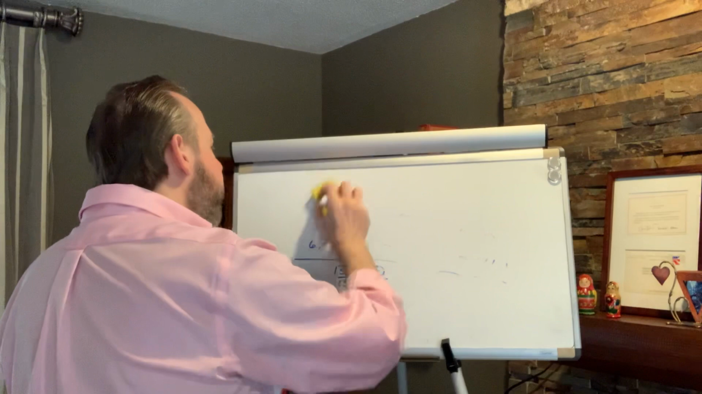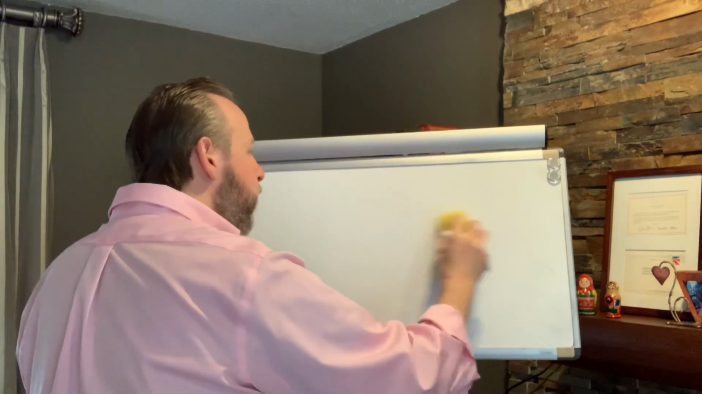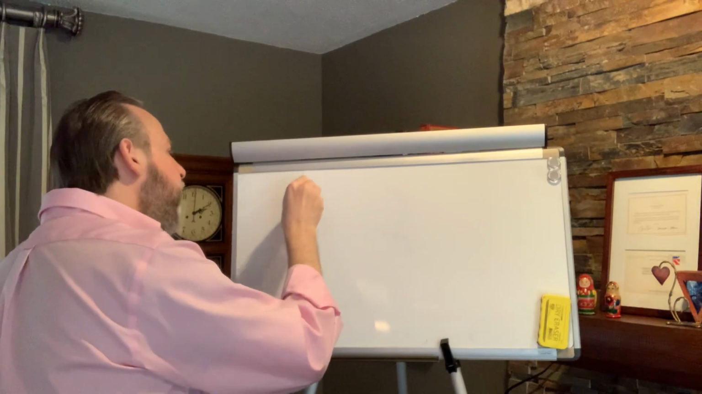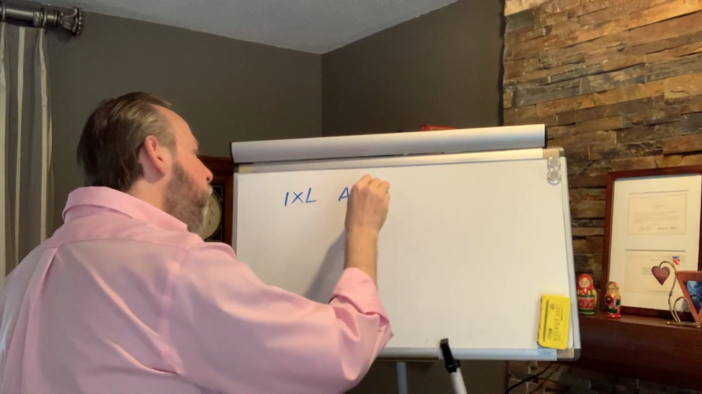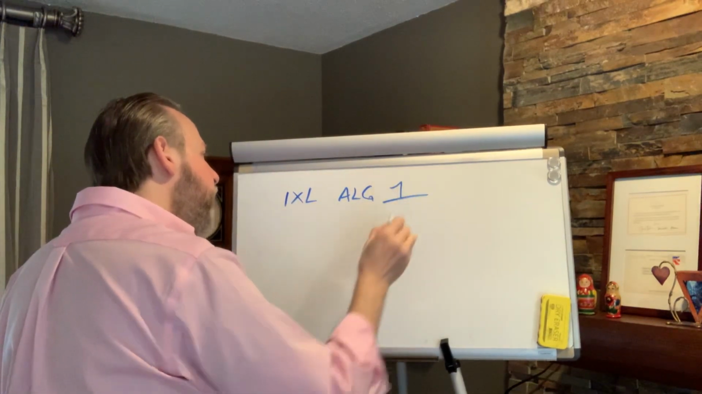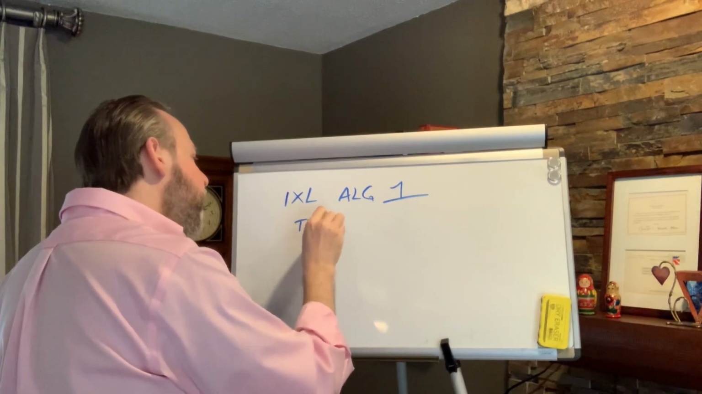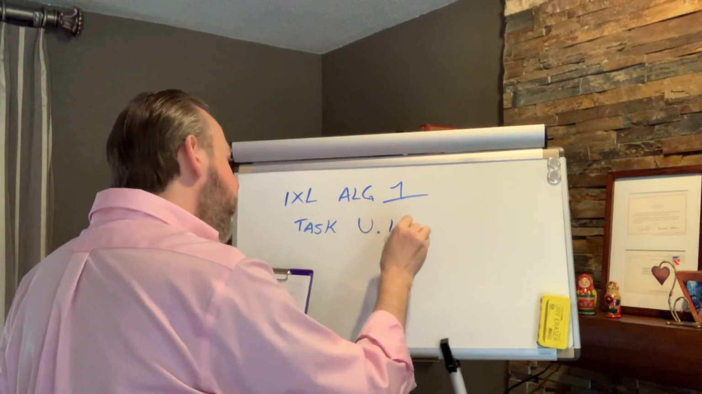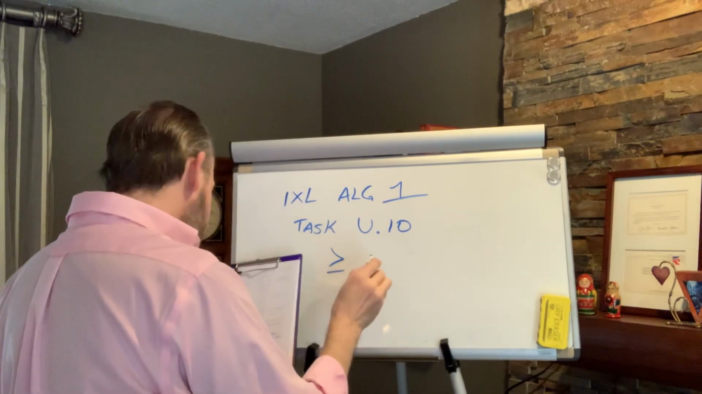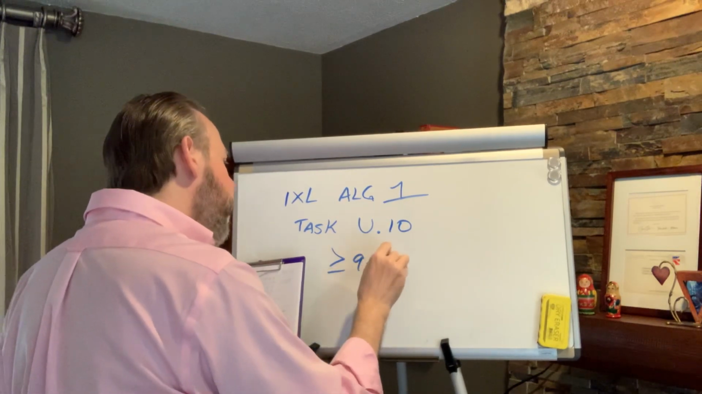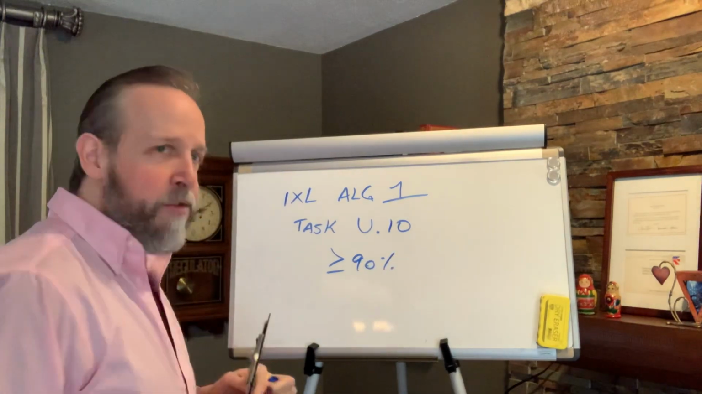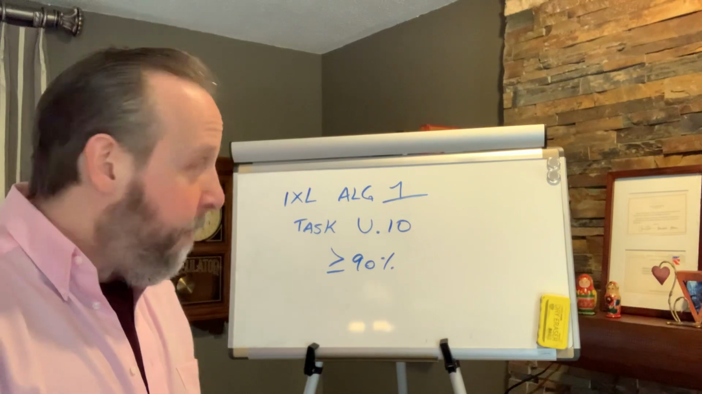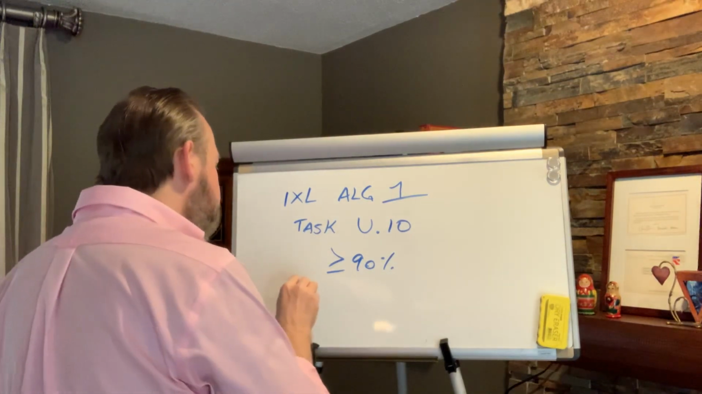So I'm going to write it down over here for you so that you do not forget. Please go to IXL. It is the Algebra 1 strand, of course. The task is U.10. And I want you to get to 90% or better. And yes, you could earn extra credit if you do better. That is the assignment due by Friday, all right? So due Friday